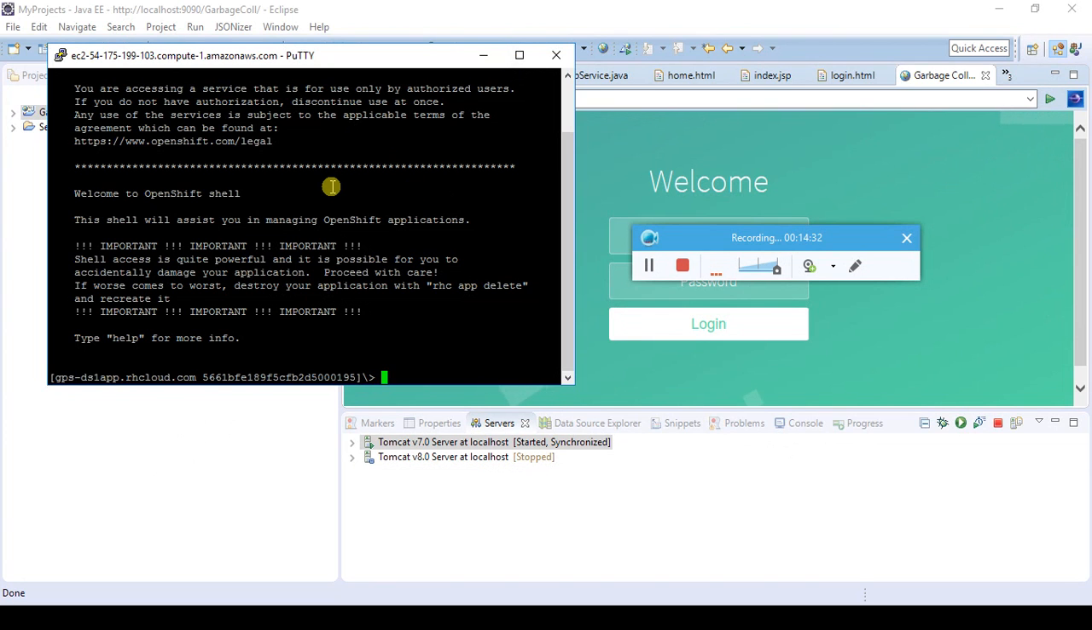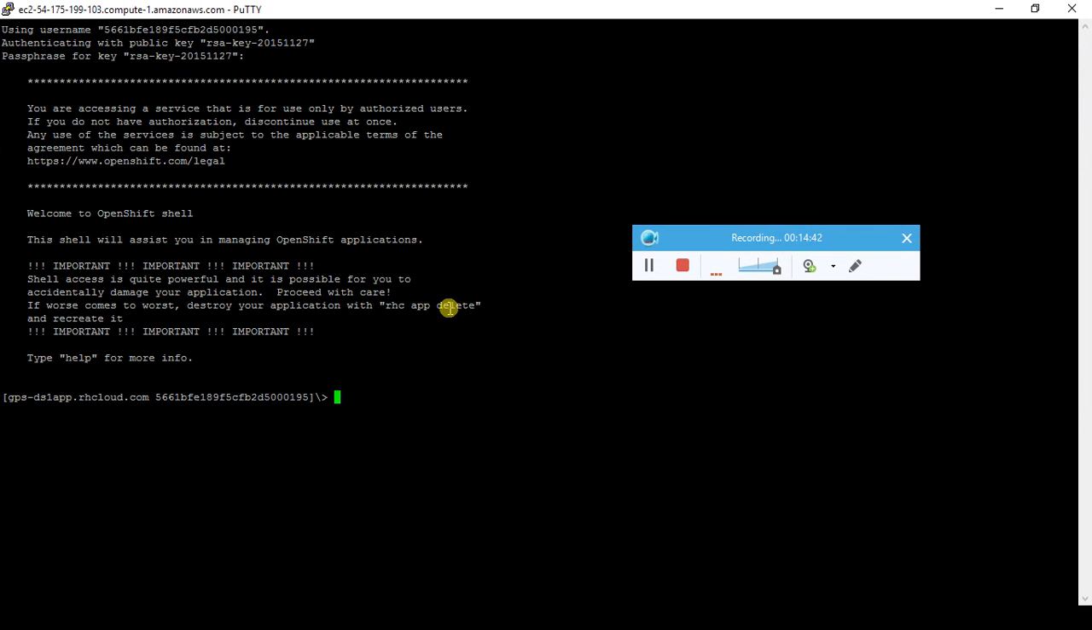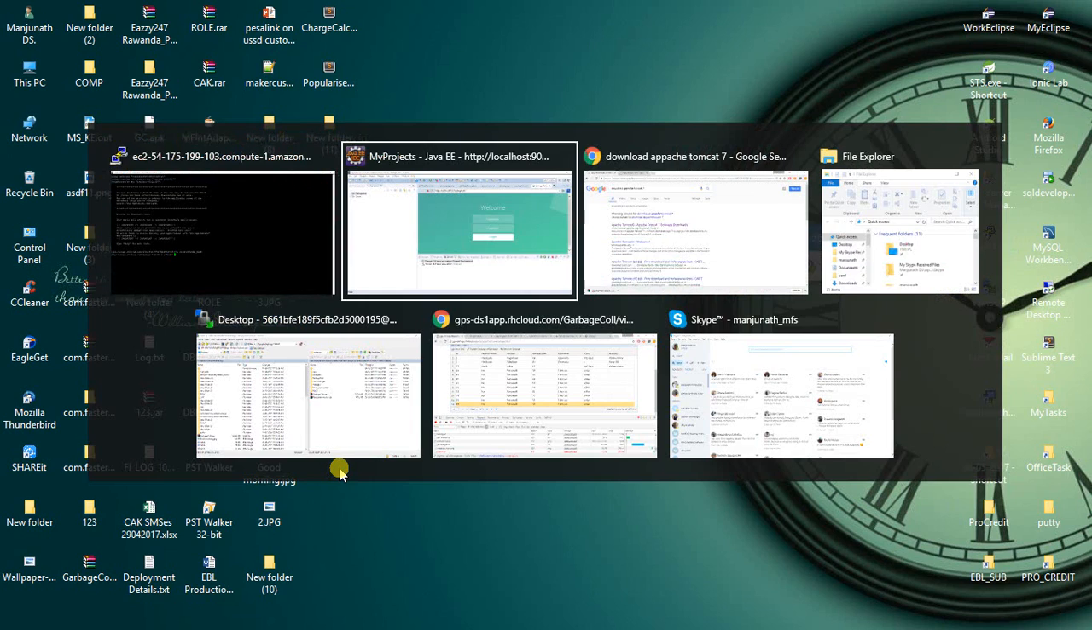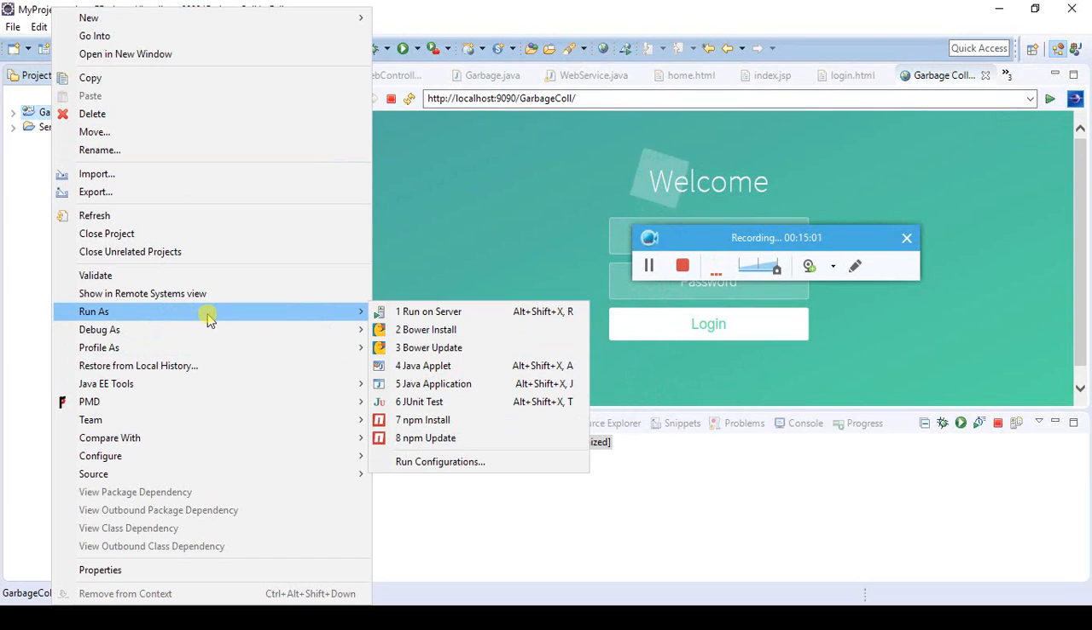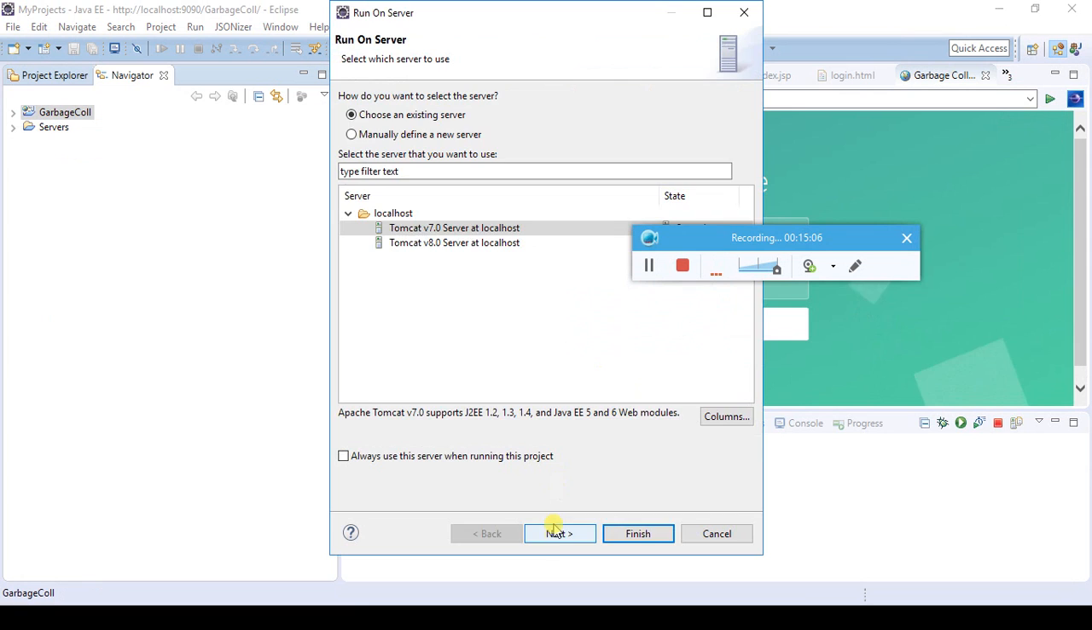This is a server that I have on the cloud, based on Amazon Web Services. I've just logged into its console. Just like the Tomcat configurations we did in Eclipse, I have done this configuration in Linux. I've already copied the WAR file that gets exported, which needs to be deployed into Tomcat. When you right click on the application, Run As, Run on Server, what happens in the background is